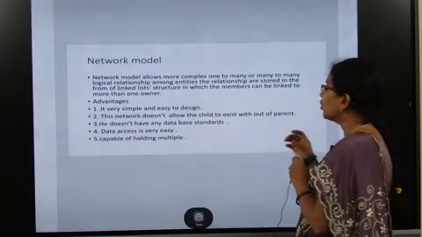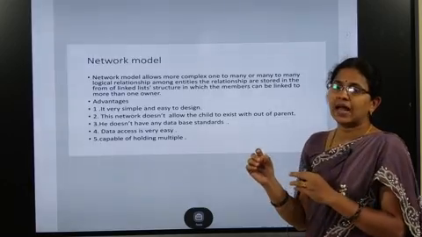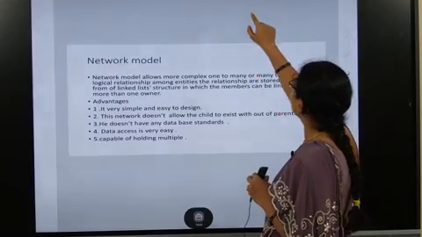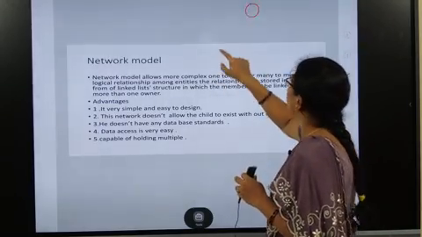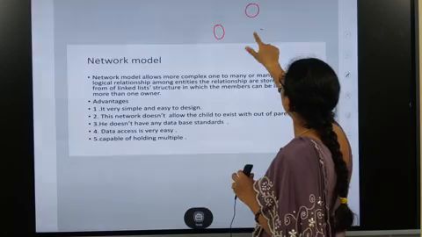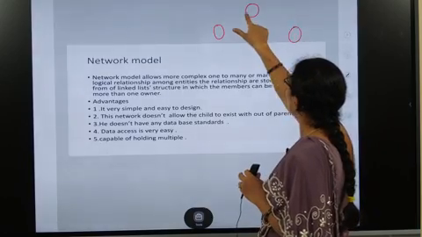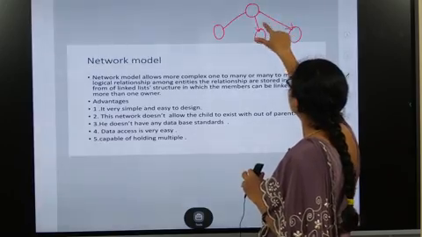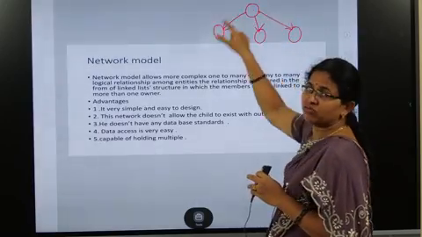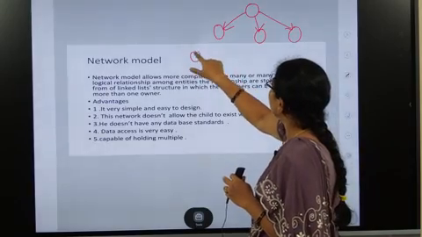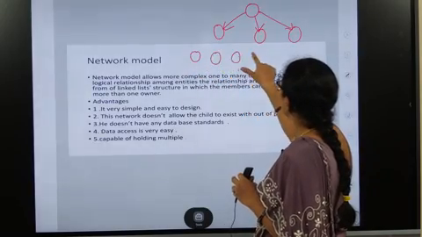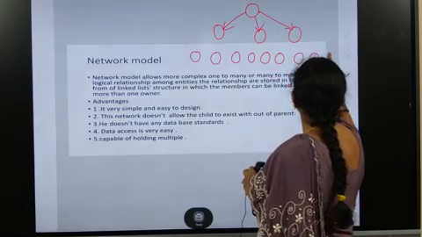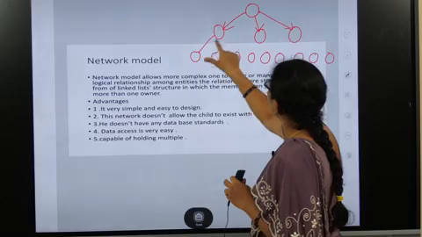It means the members can be linked to more than one owner. So I will show you how they are linked. The same example I am telling you, whatever I specified in case of hierarchical model. Here I am taking one root and 3 parents, but here I am taking the 3 children. Okay, 3 children for the one parent. So here you can see